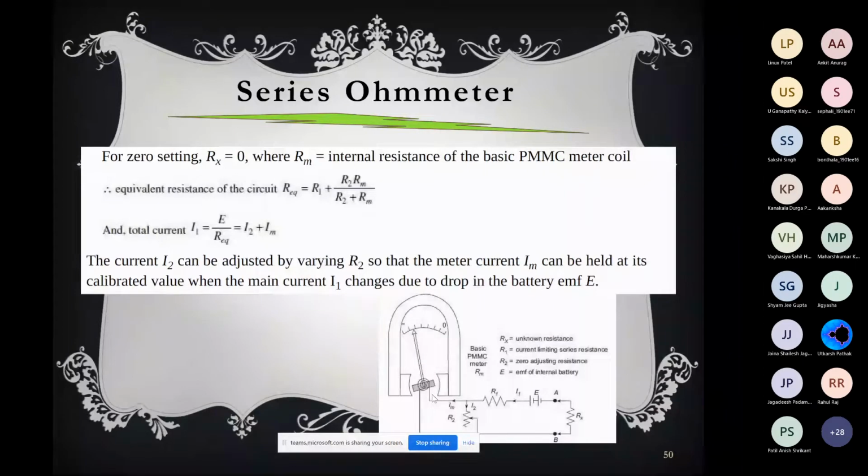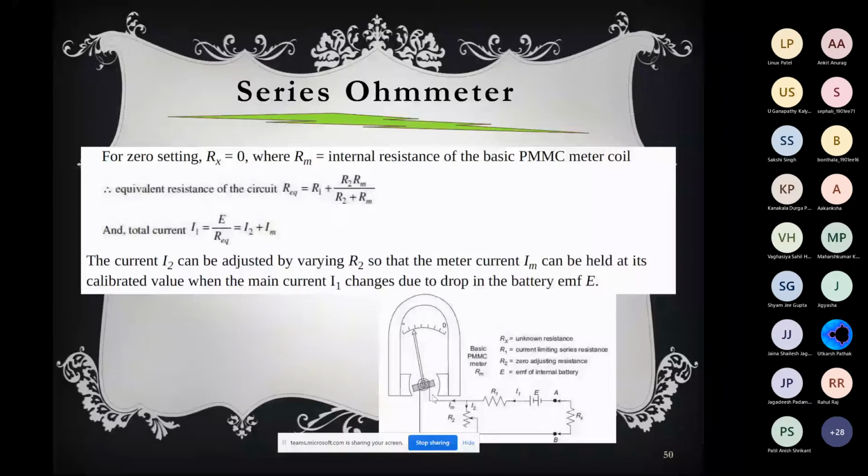What will be the total current? Total current I1 will be I2 plus Im. So total current will be E by R equivalent. E is the EMF. So E by R equivalent when Rx is set as 0. So there is no Rx. Thus the current I2 can be adjusted. You see from here the current I2. So I1 will be equal to I2 plus Im. What is I1? I1 is E by R equivalent. So the current I2 can be adjusted by varying R2. If you vary R2, then R equivalent will change. If R equivalent changes, this I1 will change, and